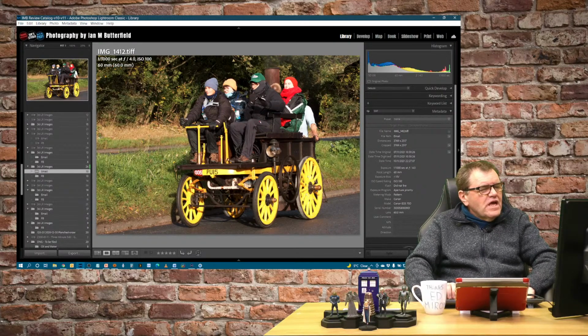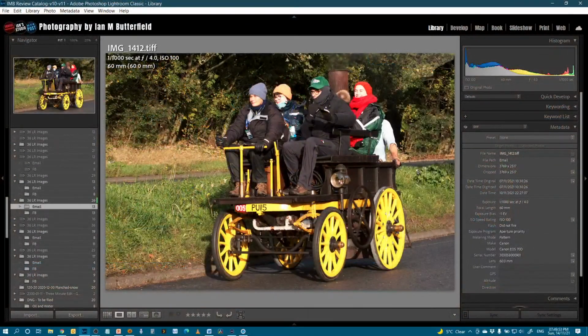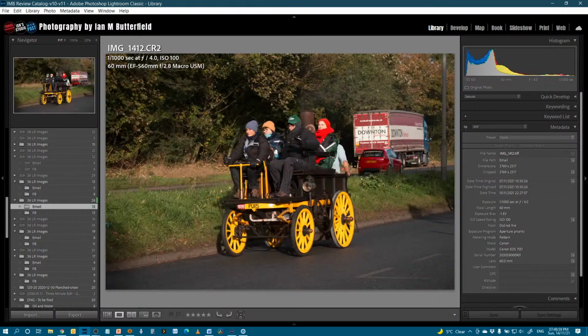Nice image. Now, what's really interesting on this is what it looked like before. I'm going to go full screen on this because I want you to see the details on this, folks. Because before it was edited, that's what it looked like. So going between the two.